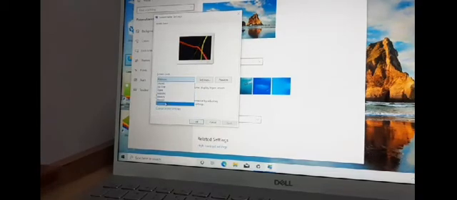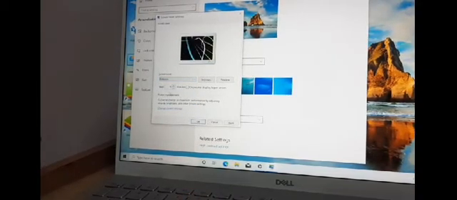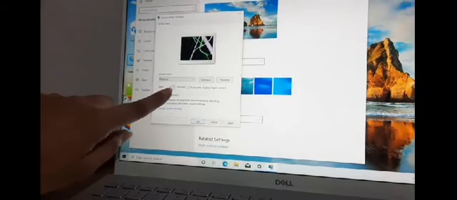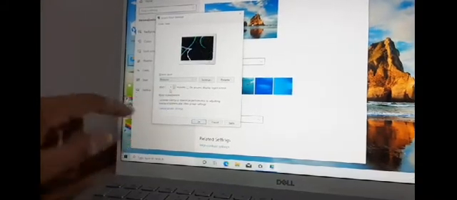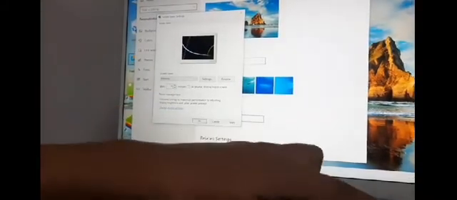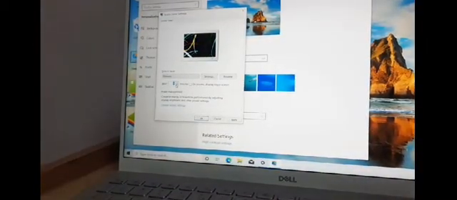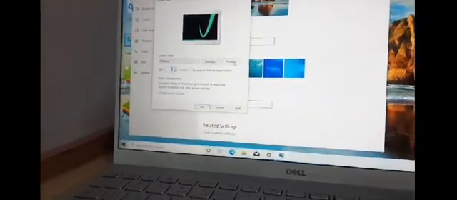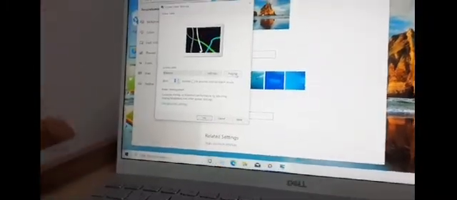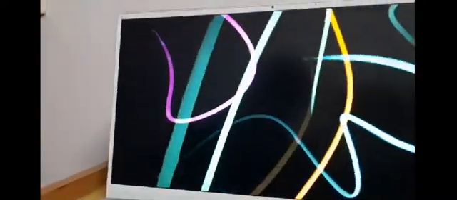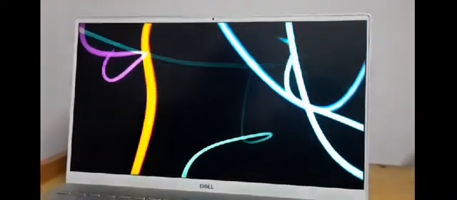Okay, let's take ribbon. Okay, now how long do you want to wait? You can give the time here. Right now I have given 4. You can change the time by simply clicking on it, and you can give the time manually or by pressing the arrows up and down. Let's see the preview now. How will it look? If I will not work on this desktop for 5 minutes, what will happen to my desktop? So these kind of ribbons will appear because I have chosen this screensaver. To exit this screensaver, simply just move your mouse or press any key.